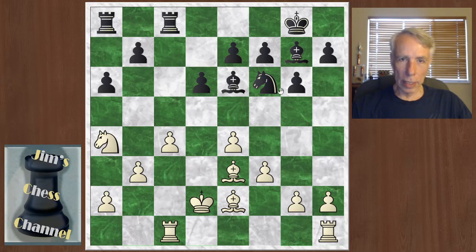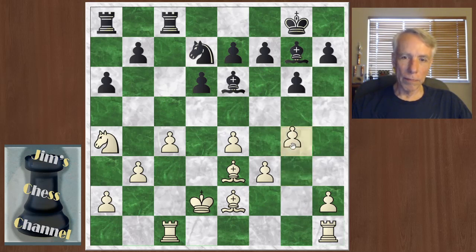Let's see. Knight d7 was played, opening up this diagonal for the bishop and repositioning the knight maybe to a better square. And now g4. White's free to just push those king-side pawns and gain more space. He's going to keep the king in the center. Rook a to b8. And at this point, we were in the opening book up to this point, but